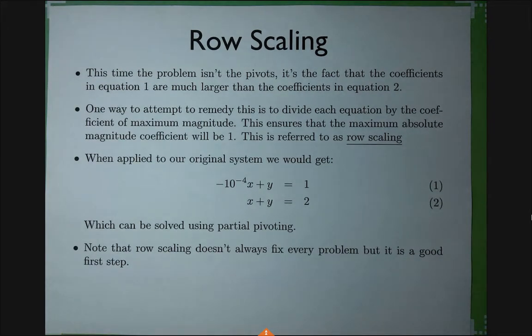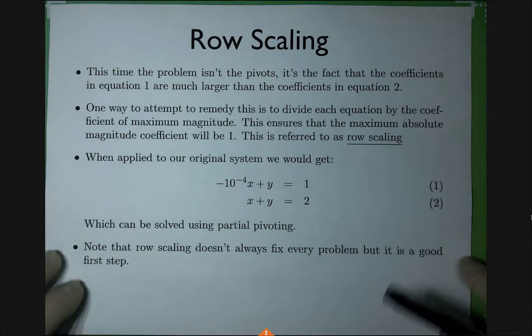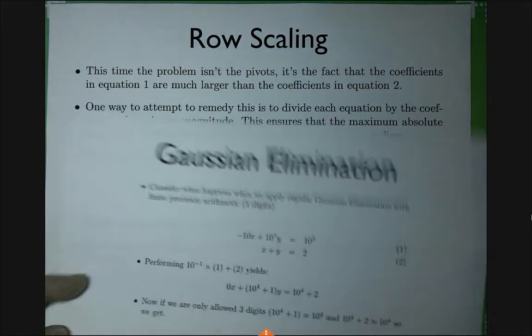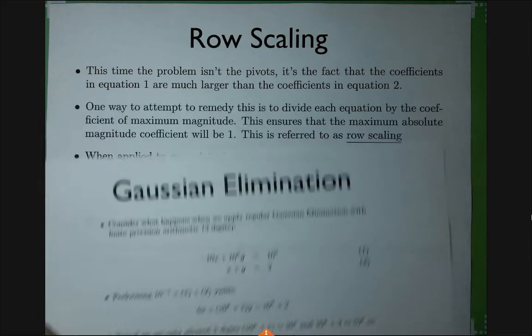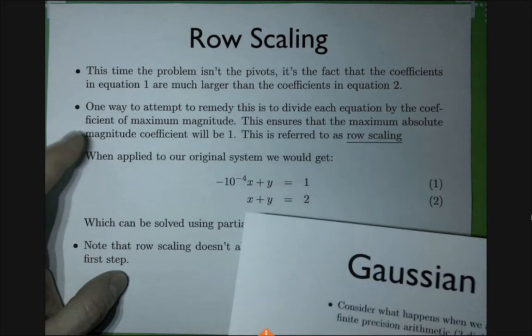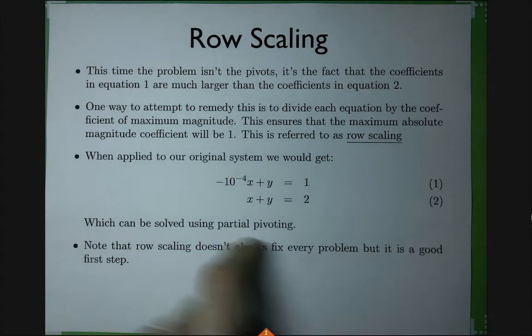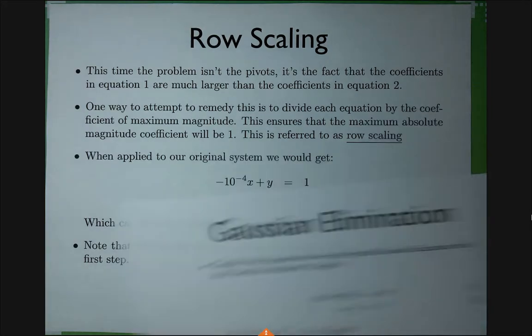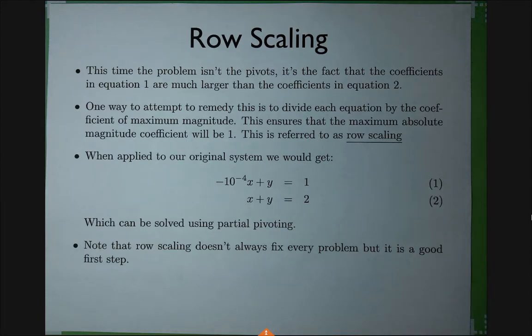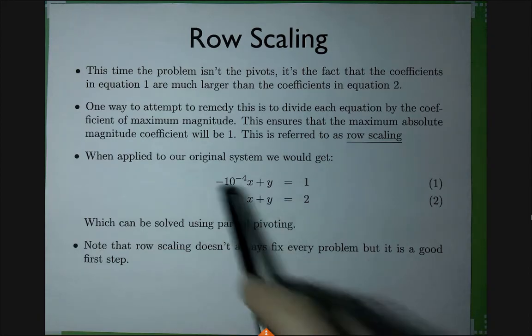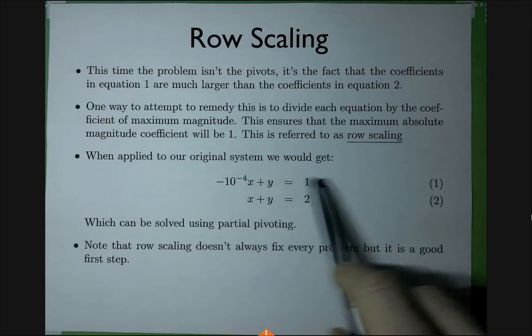The problem is that the coefficients in this first equation, there were some 10 to 5s. They are much larger. So what we could do is to basically just divide this entire equation by the 10 to 5. So basically the scaling is off. The scaling on the one equation is very different from scaling on the other equation. We can easily solve it by multiplying the first equation by 10 to minus 5.